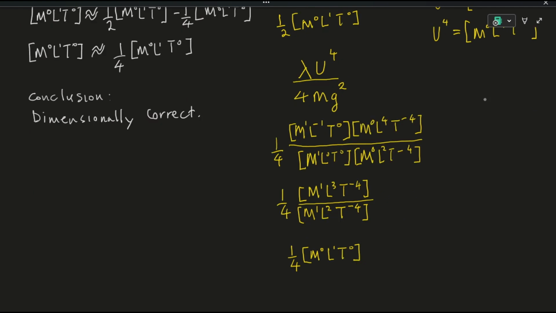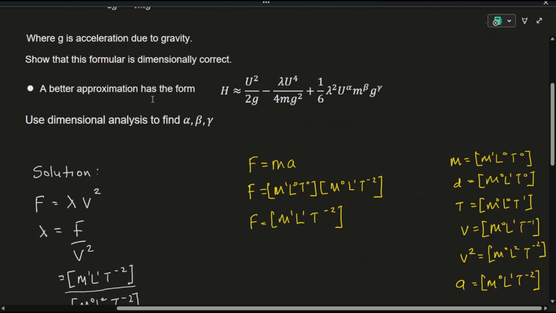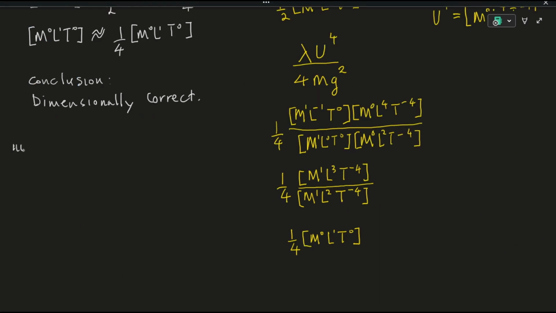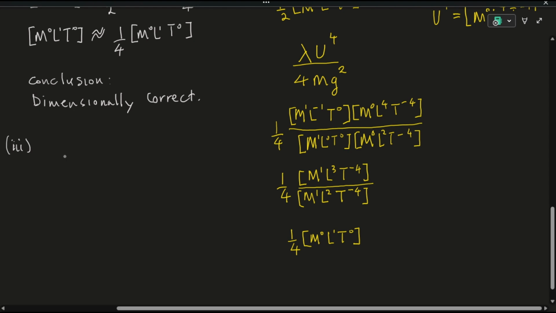So let's go to the last part. Now, a better approximation of the equation has been given over here, and we are supposed to use dimensional analysis to determine alpha, beta, and gamma. So let's go ahead and copy this entire equation down there and write it here. Of course, this is the third part of the equation. So we have